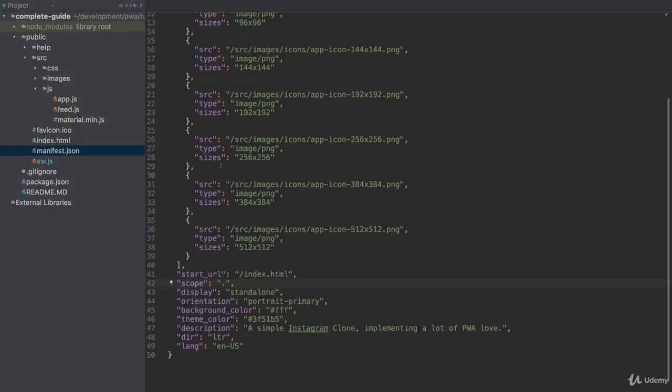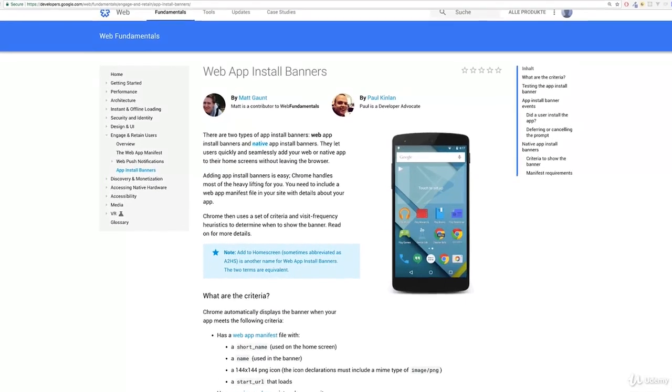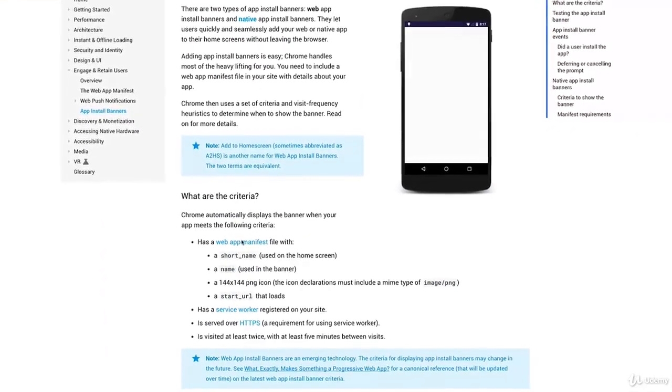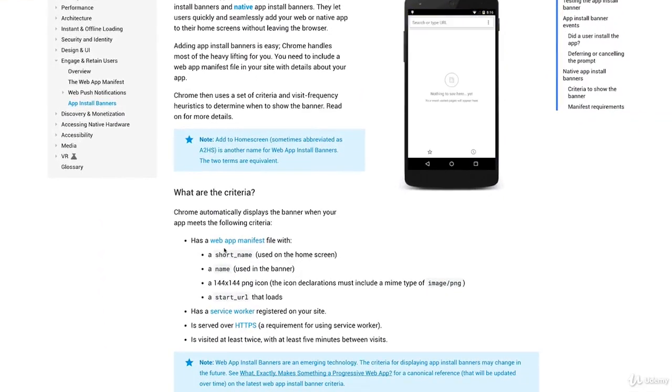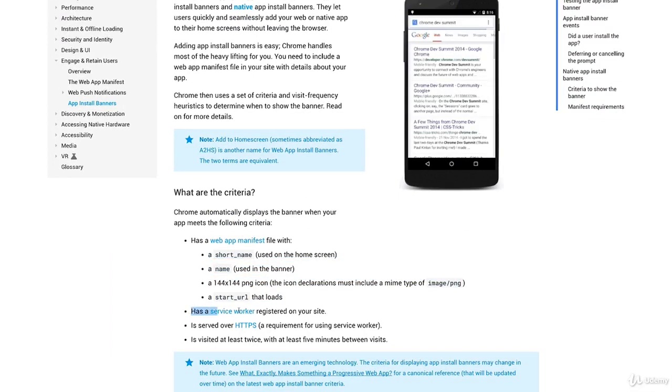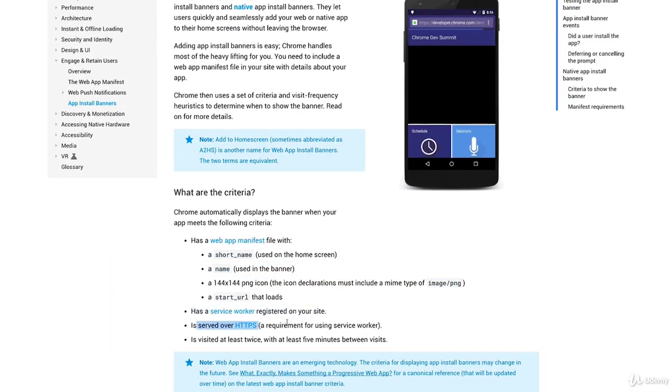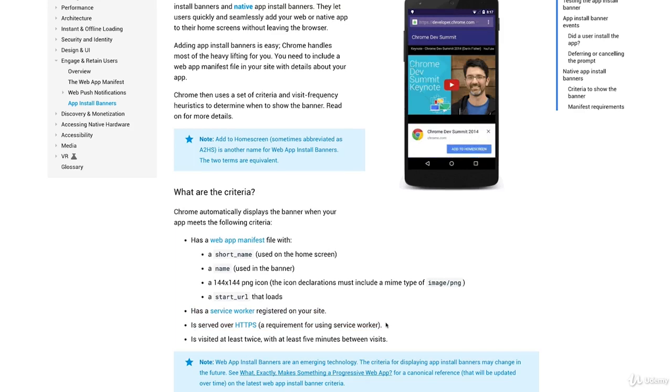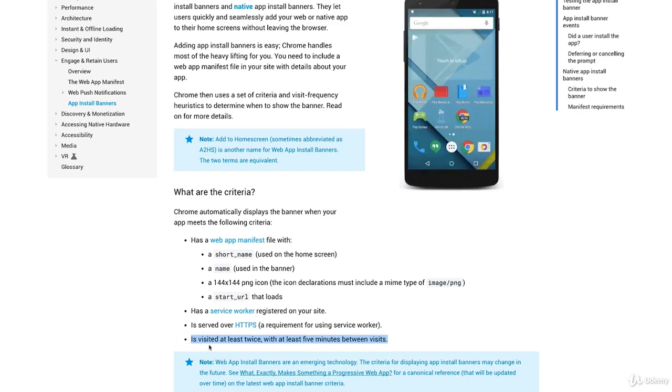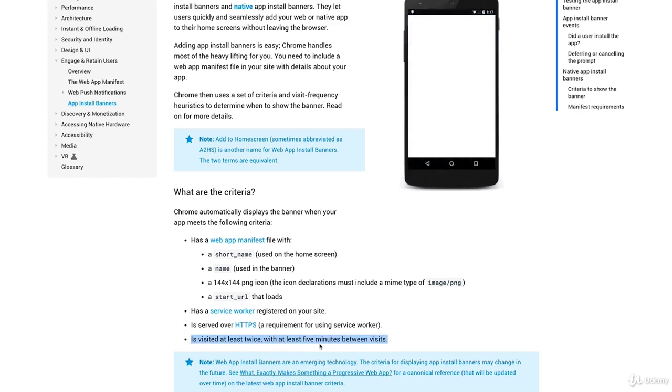We added the manifest.json file, and that allows us to add the application to the home screen with our own icon and so on. Now, since we added service workers, we also fulfill the other criteria here. We have a web app manifest file with these properties, and now we also have a service worker. We're serving it over HTTPS or localhost, that's also okay, as I explained. Now the only thing we have to do is this: visit the page at least twice with at least 5